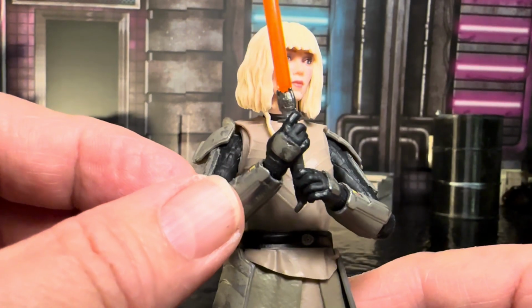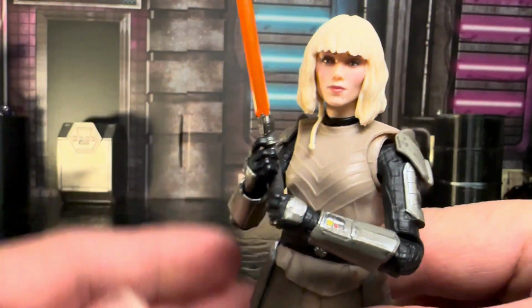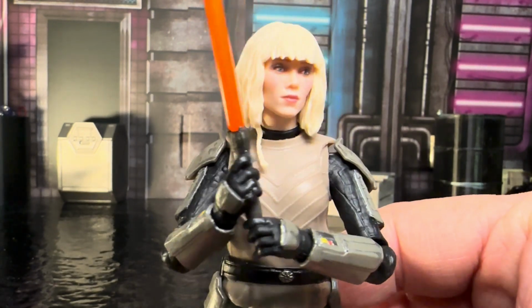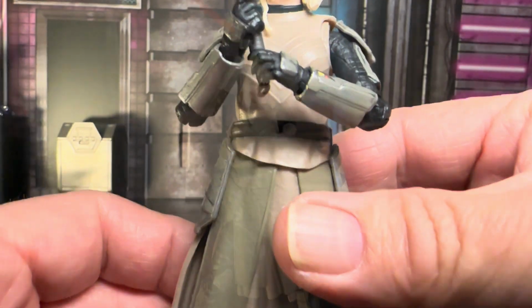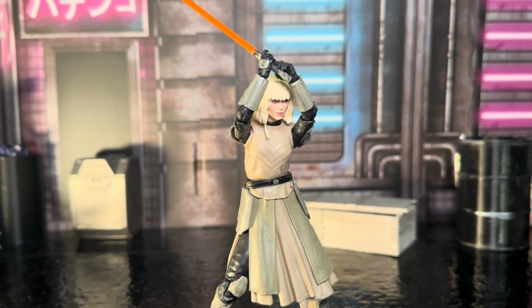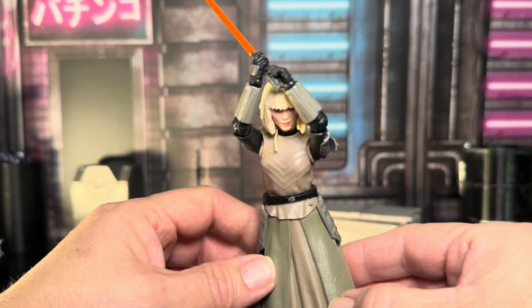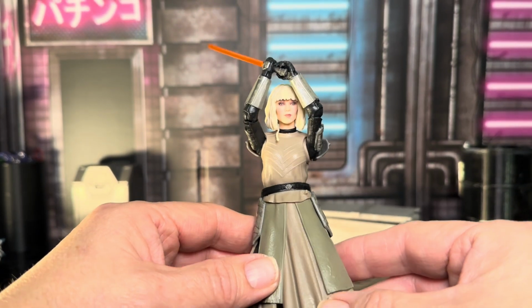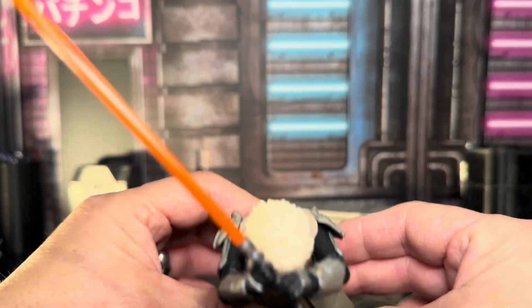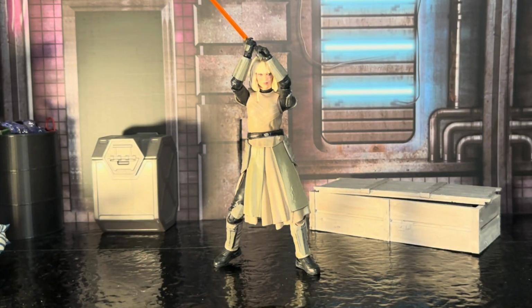So here she is holding it two-handed in front of her. And I tested some different poses with the two hands, which I thought were really, really cool. It's hard to get two hands on a lightsaber, but the fingers really made this possible. And here she is holding that lightsaber above her head, which is pretty nice considering the lack of posability on the figure. I'm sorry, I had to interrupt that to get my lightsaber sound in. But anyways, you could set it up. It's pretty good, pretty